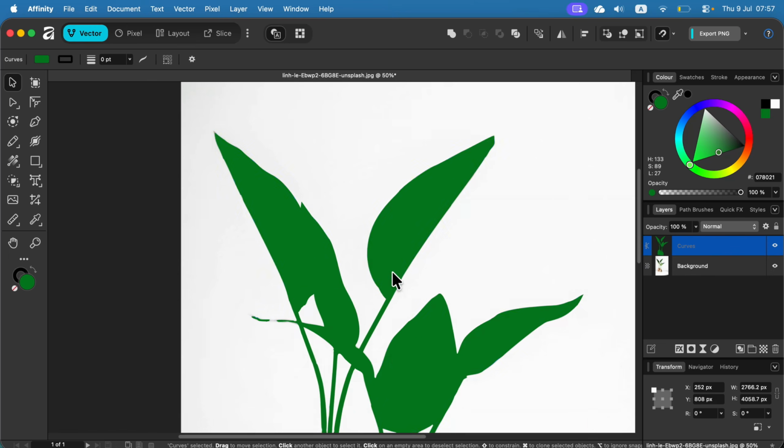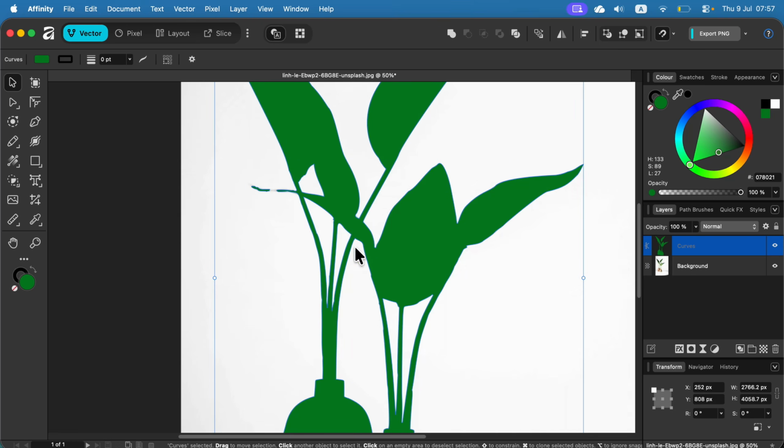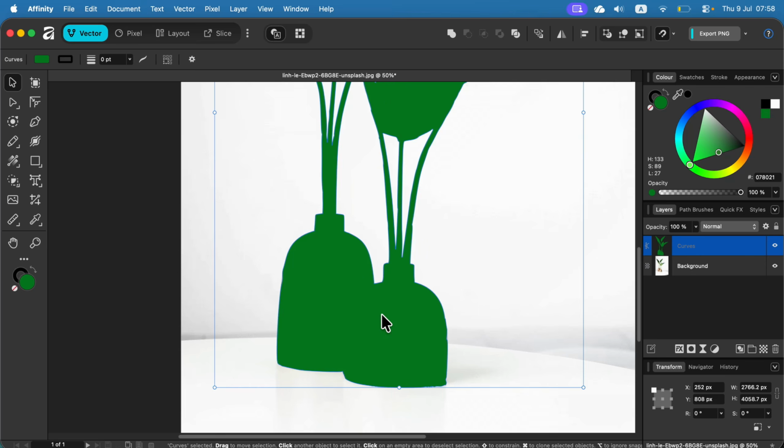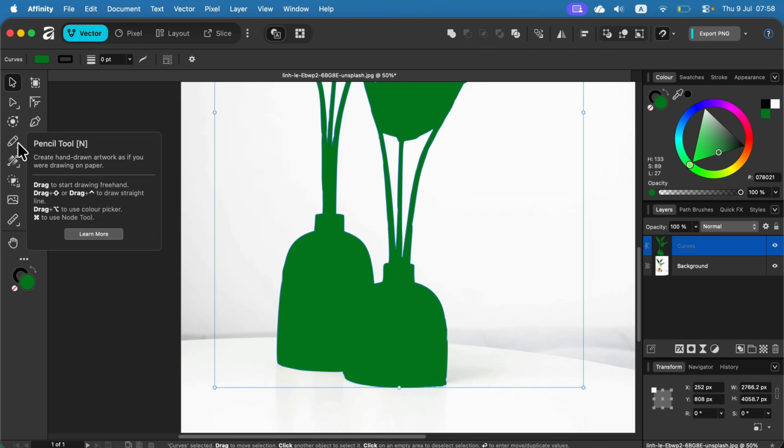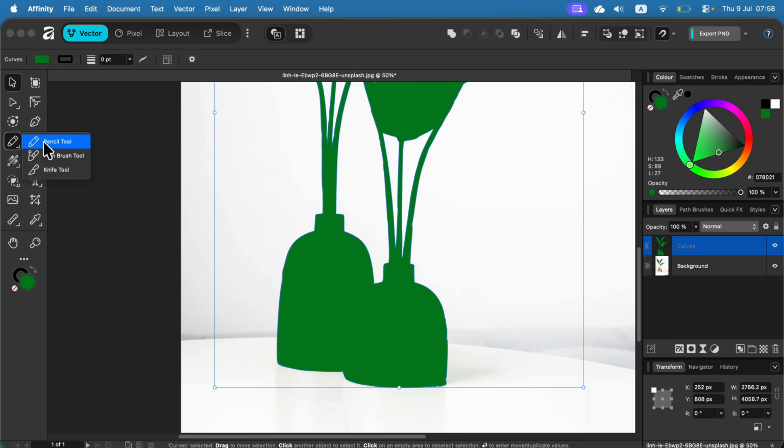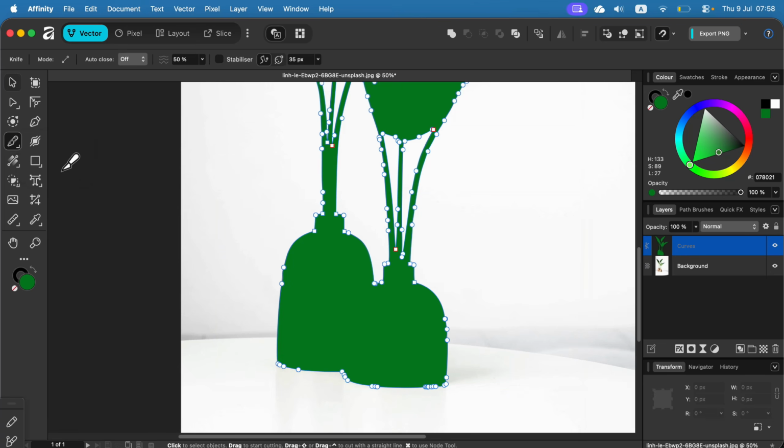If you want to have multiple colors, you will need to split this new vector shape into separate shapes. So let's use the easy way. Let's just use the knife to cut part of it. Make sure you are in the vector persona. The knife is usually hidden together with the pencil tool over here. So you can click somewhere outside the shape and cut across. Click outside, cut across,